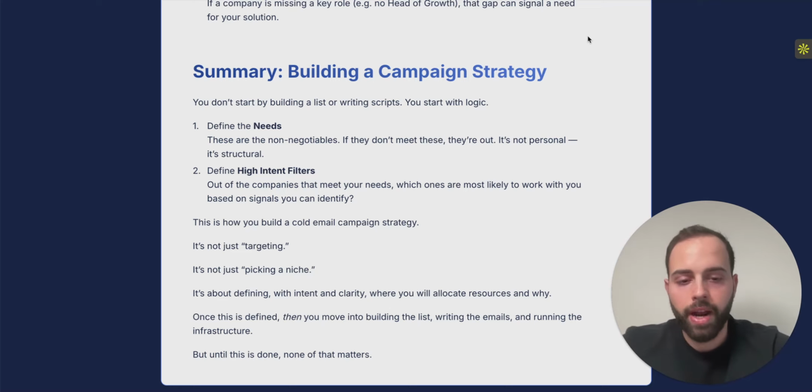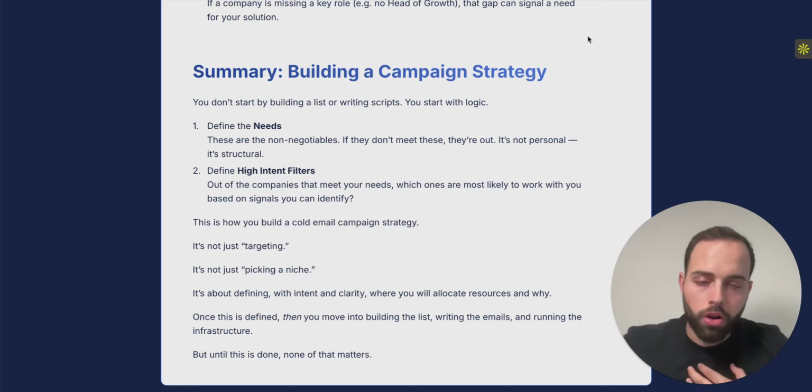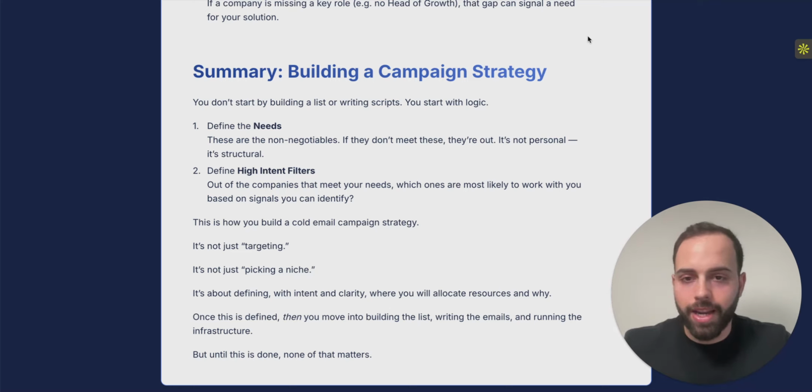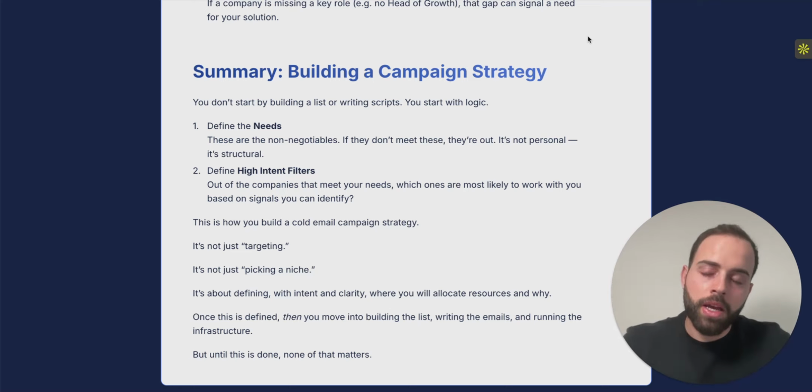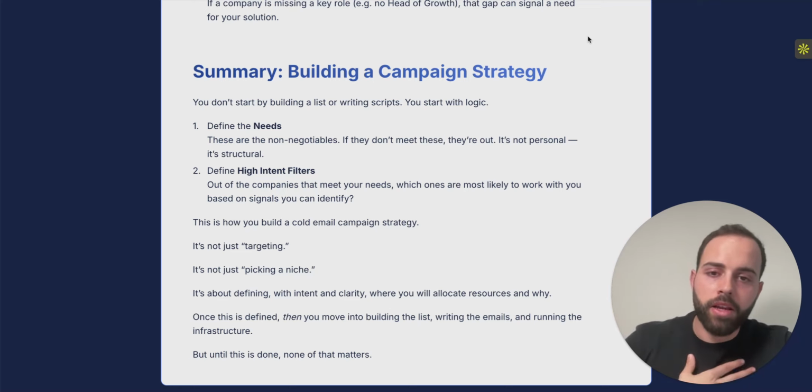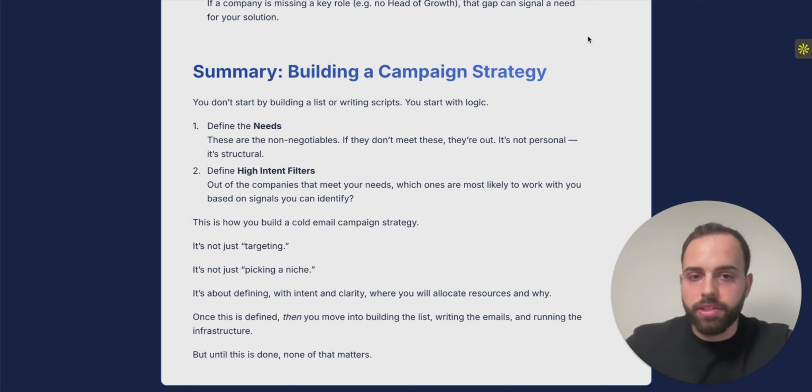So an example that I always like to give with this is I run a cold email agency and I like to work with marketing agencies. These marketing agencies are B2B, they're English speaking, they have a large TAM, they meet all my non-negotiables. But there are millions or hundreds of thousands of marketing agencies. So which ones are the ones that are most likely to work with me? Well, it would make sense for me to go after the ones that are based in London, which is essentially where I'm located,